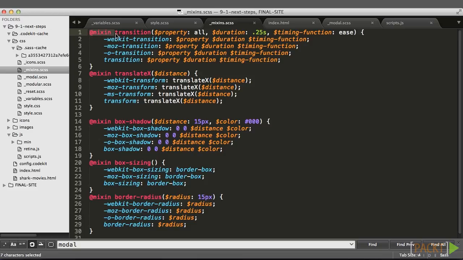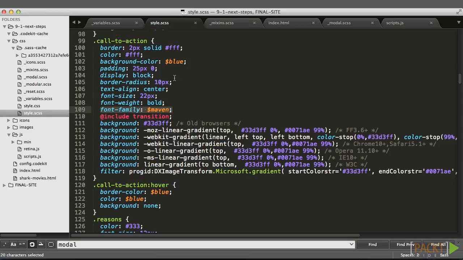I've declared a mixin called transition, and inside of that, I have my transition property with these values, and I have that repeated three more times for the different vendor prefixed versions and the non-prefixed version. This has different parameters, property, duration, and timing function, each with a default value that can be overwritten later. The default values are that we're going to transition all properties for 0.25 seconds using the timing function of ease. Now, if I want to use a transition, I can just